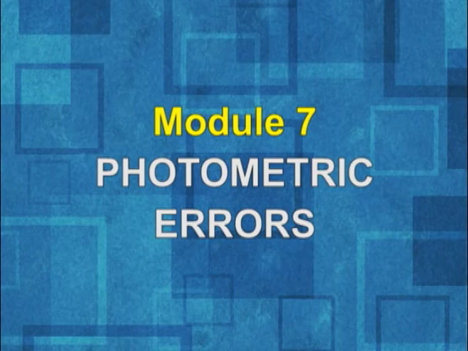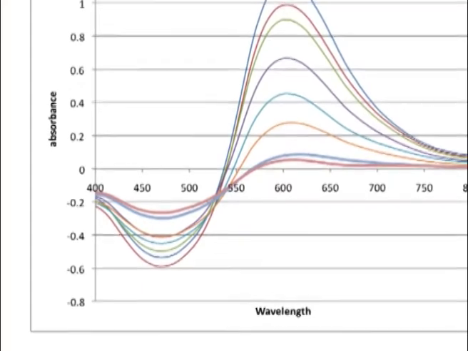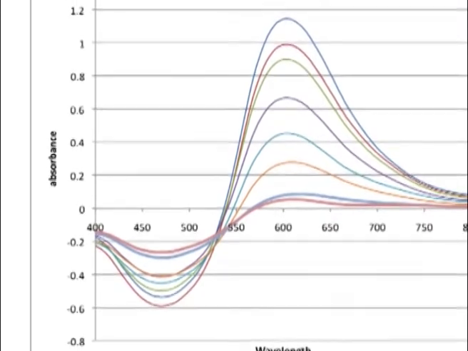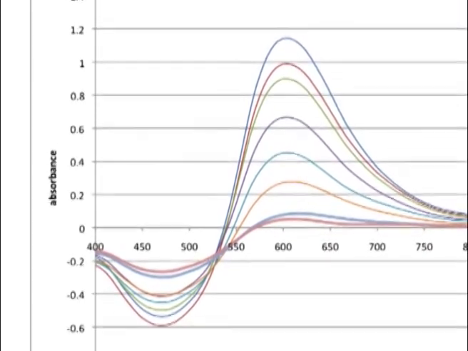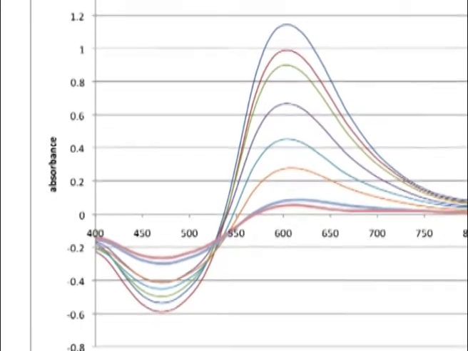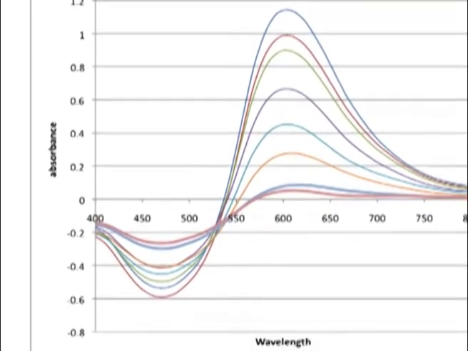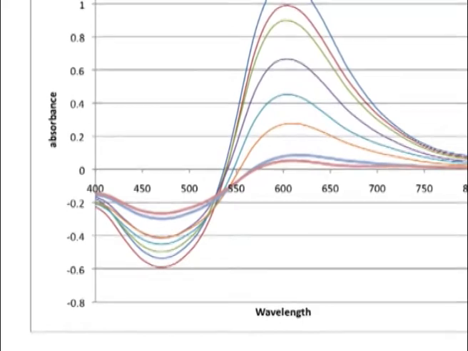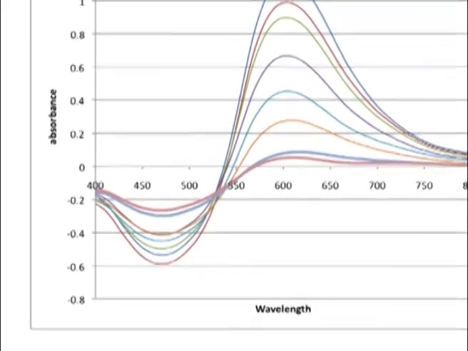Next module is photometric errors. Wavelength error. In liquids, the extinction coefficient usually changes slowly with wavelength. A peak of the absorbance curve, a wavelength where the absorbance reaches a maximum, is where the rate of change in absorbance with wavelength is smallest. Measurements are usually made at a peak to minimize errors produced by errors in wavelength in the instrument, that is, errors due to having a different extinction coefficient than assumed.